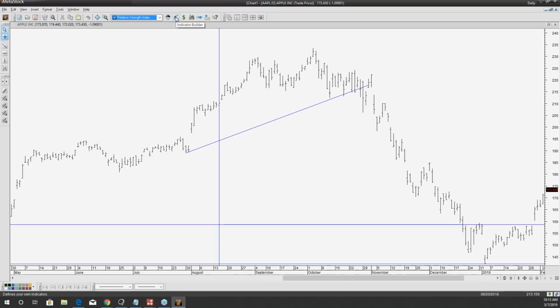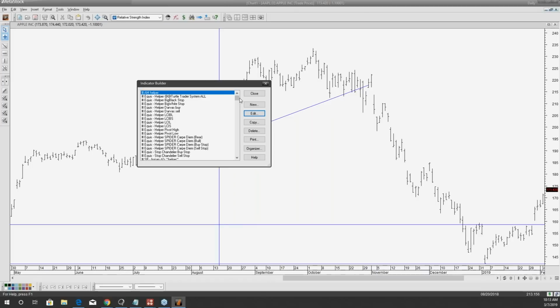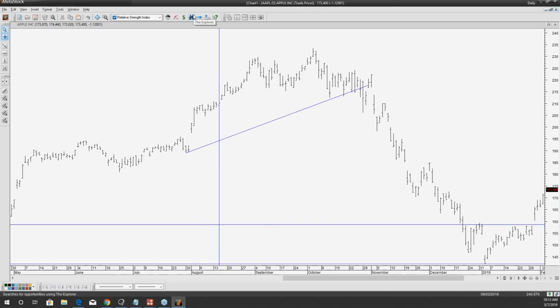But we also have an indicator builder because you can build your own indicators, and it's a pretty cool tool. You can build your own from scratch. You can also customize the indicators that we have there by going to the properties and really customizing them. But then you have the shortcuts to the Explorer and the System Tester, the Downloader, and up here you'll see different layouts of multiple charts, right? You have a cascade, you can put the charts in columns if you have multiple charts open, or you can stack them or tile them.